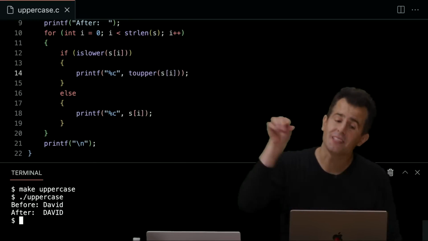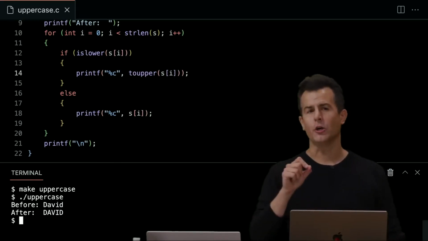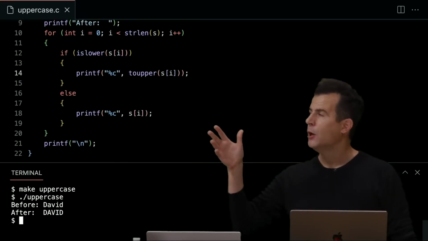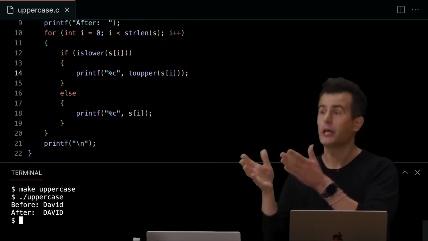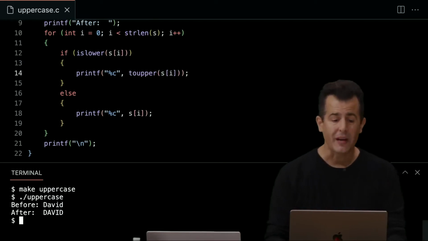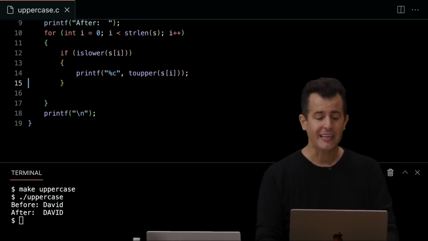works. But if you read the documentation further, it turns out that toUpper is smart. If you pass in a character to toUpper that's lowercase, it obviously converts it to uppercase by doing that math. But if you pass in a character to toUpper that's already uppercase, the documentation tells you that it leaves it unchanged. So I can tighten all of this up. I can get rid of the whole else. I can get rid of the whole